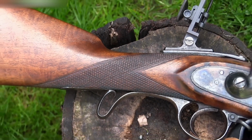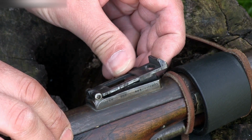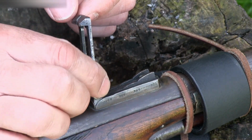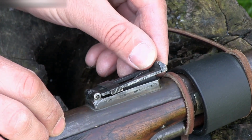Having a rifle with a good bore is essential, but not enough. You've got to have very good sights for long-range work. The original rear sight is a bit more precise than a traditional Enfield-style rear sight, but to be competitive on international levels, you need more. This sight even has a small aperture, probably for 100-yard shooting, but still not enough for shooting in the high